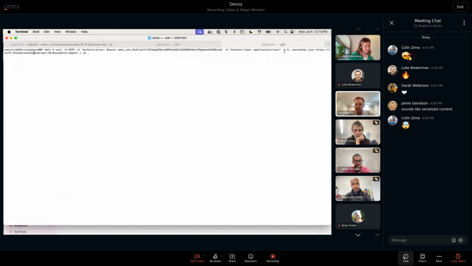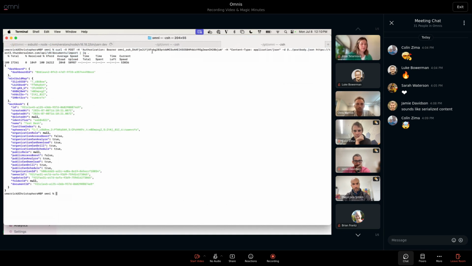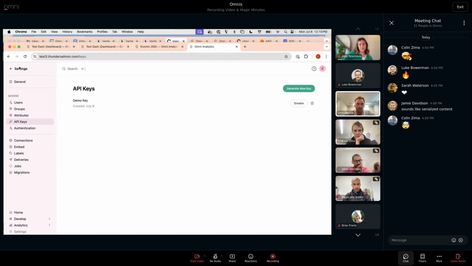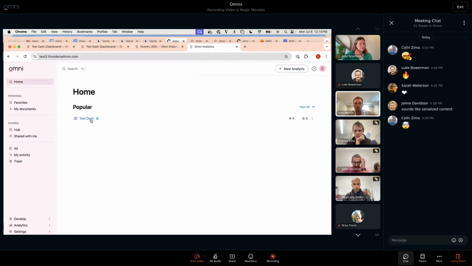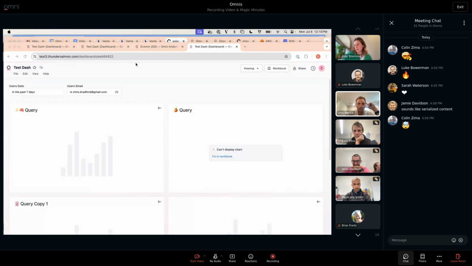I'm going to pass in that post body to this V0 documents import API endpoint. And it's going to give me back a bunch of metadata about what it did, but the important one is this identifier. Actually, we don't even need the identifier because this is just going to show up right here on the home page. Test dash is now in this new org. I pull it up,